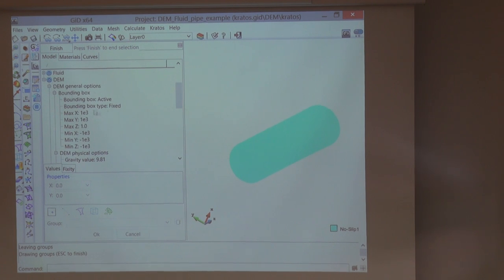So we see there is a bounding box because some particles flow and go away. If we want to limit our domain of calculation, we can set a bounding box where we can eliminate the particles outside it. Gravity, in this case, well, we are using gravity, but it's not important because the velocity of the fluid